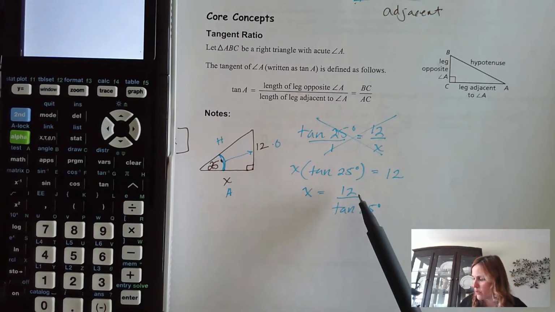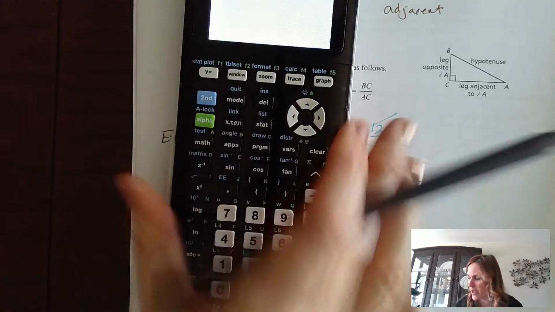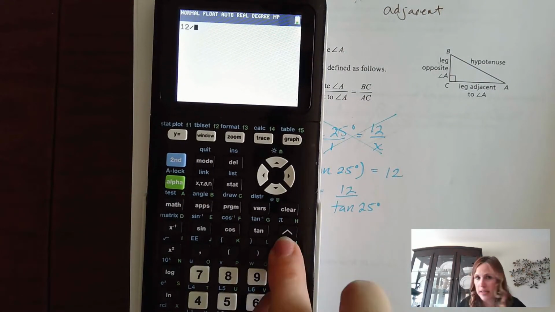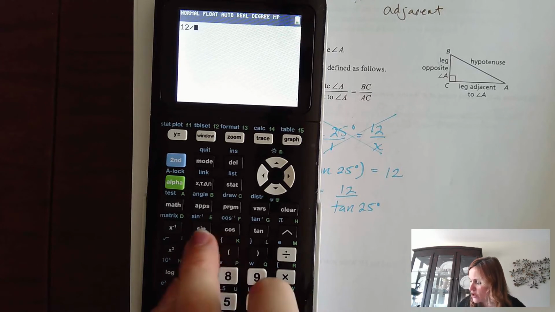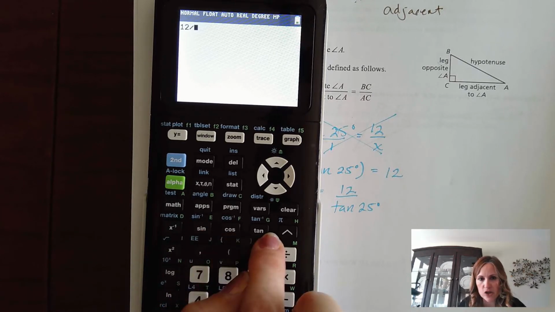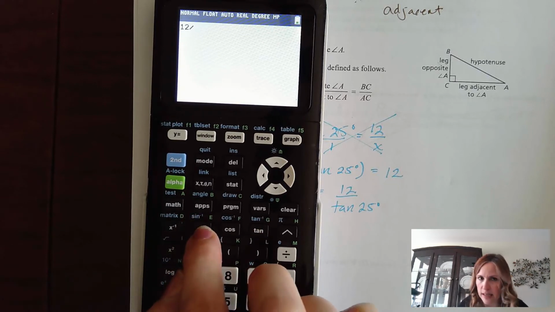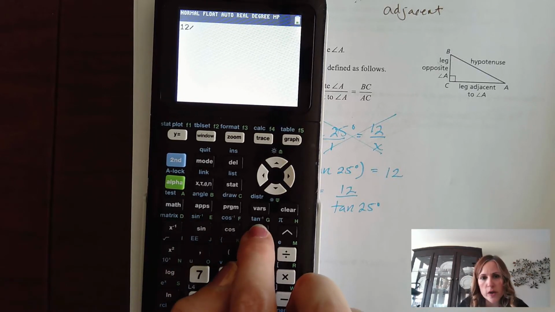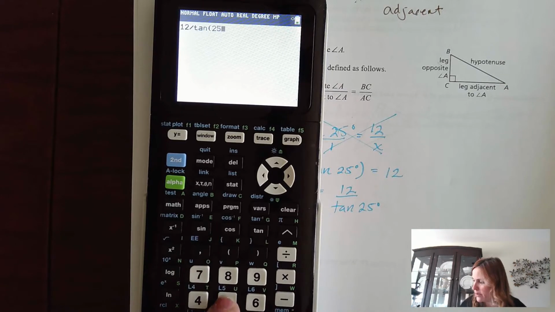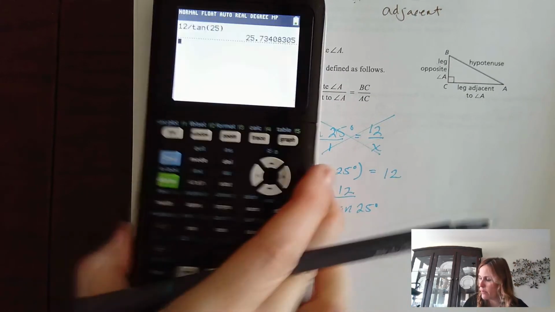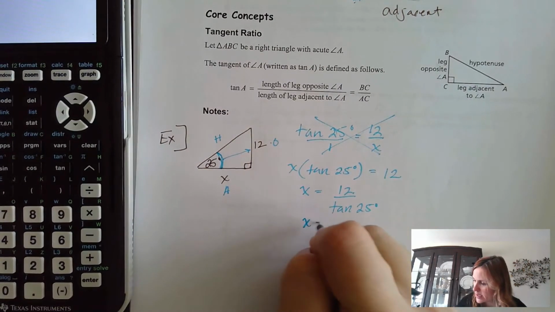All right, so let's do the math. We're doing 12 divided by tangent of 25. So literally it's written as it would look: 12 divided by, and then tangent. You see where your sine, cosine, and tangent are? These are the abbreviations. That's not "sin", it's sine. Anyways, you're going to do tangent of 25. And this would be the side length we're solving for, so that would be x. So x is going to equal